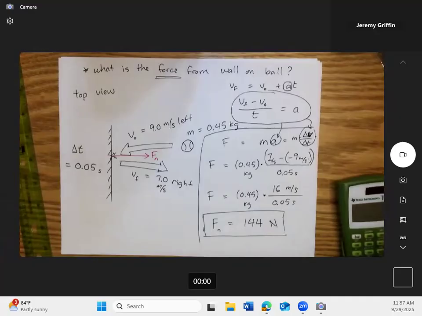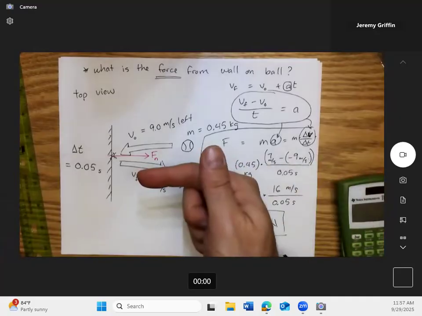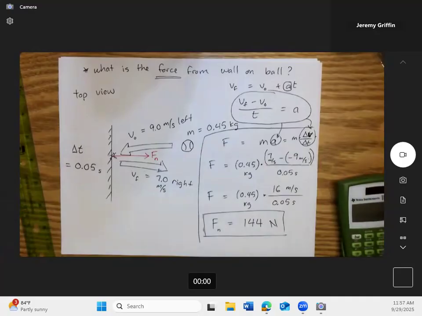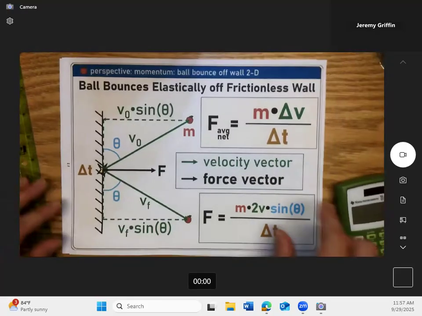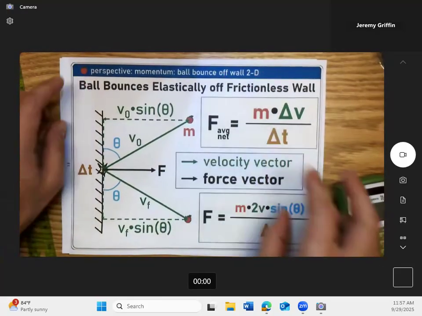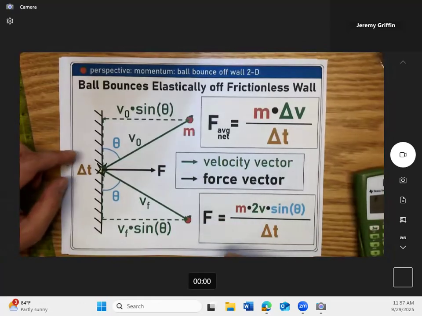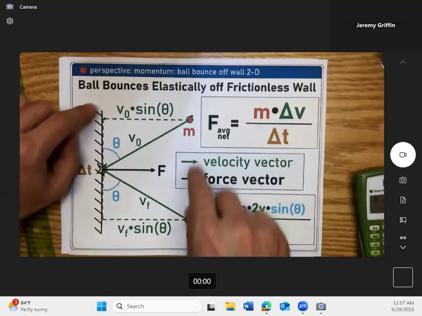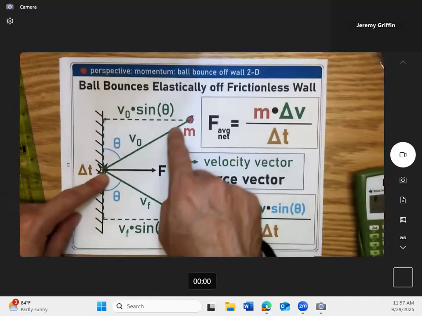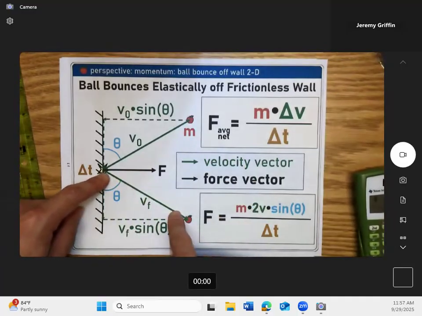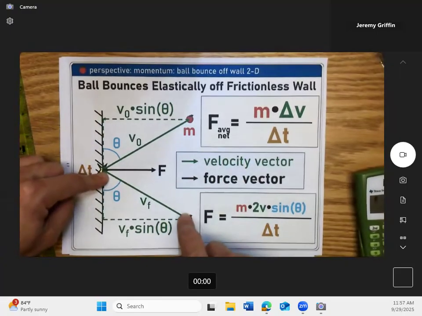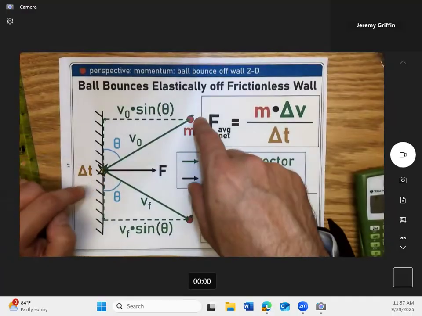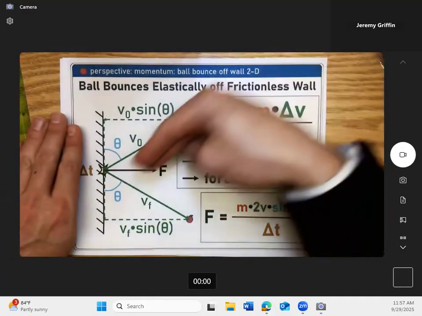Remember, that's if you throw the ball straight at the wall and it rebounds the other way. Now my poster version. You guys ready for the poster version? It's a little more complex. I have a blue banner because this was in the momentum section when you have collisions like that. So you'll definitely see this come back later in the year. I did make this perfectly elastic. Whatever speed I threw the ball, it could leave at the same speed. That's perfectly bouncy. So a little simplification. This is also in 2 dimensions, so it's still a top view. We're still looking down.